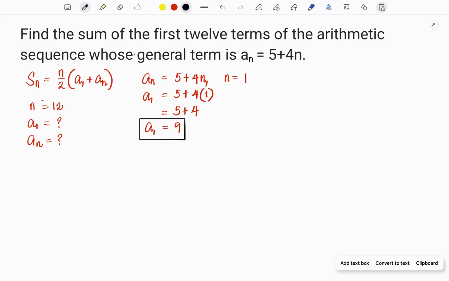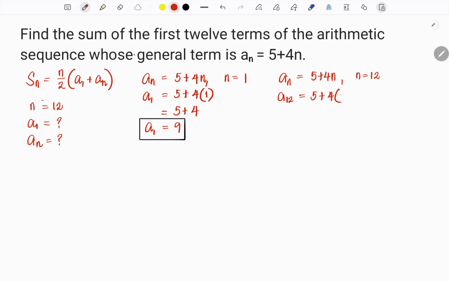Thus we have a sub n again equals 5 plus 4n, and our n here is equal to 12. Substituting the values we have a sub 12 is equal to 5 plus 4 times n, where n is equal to 12, and we have